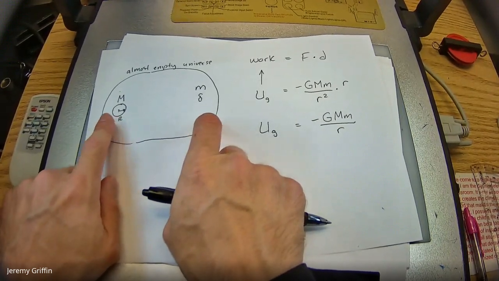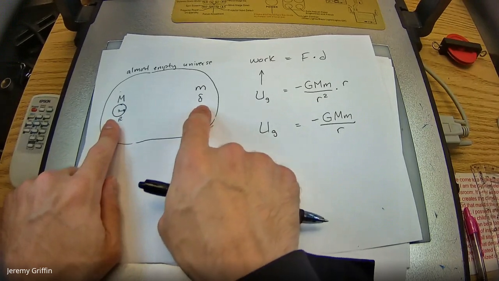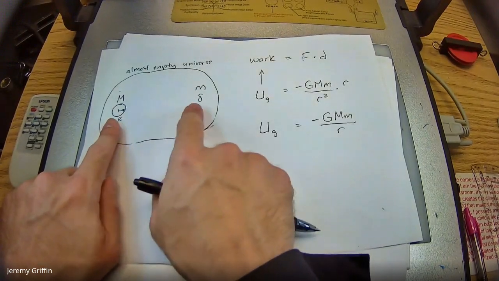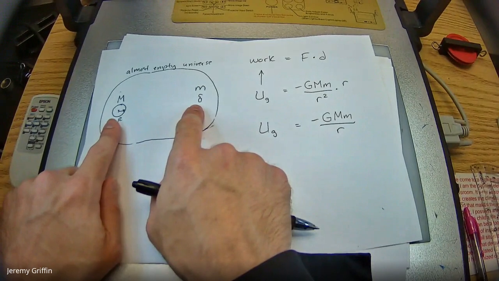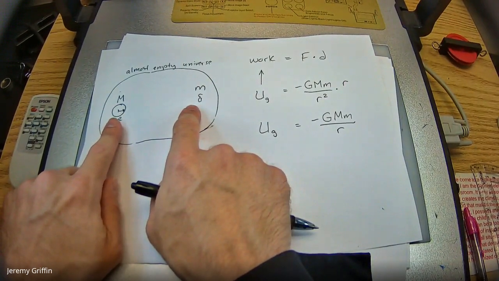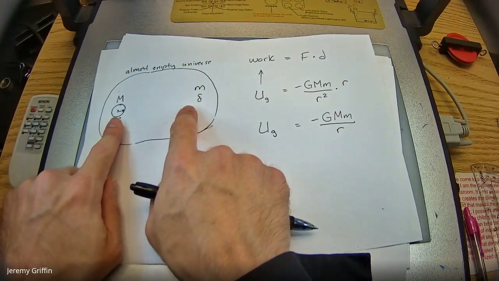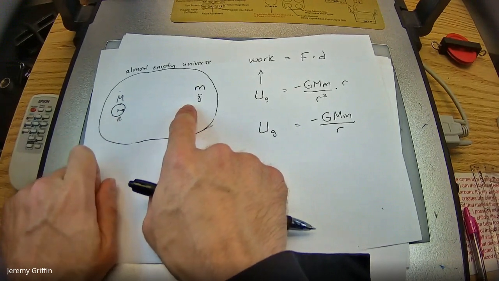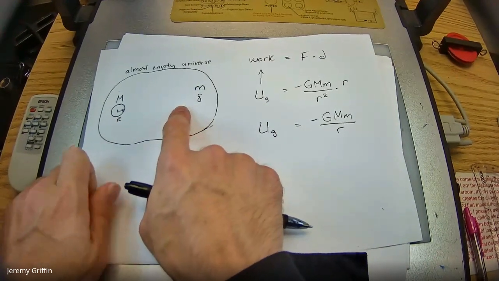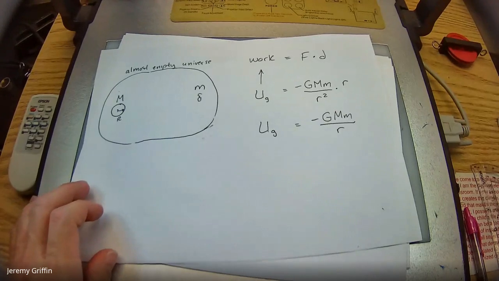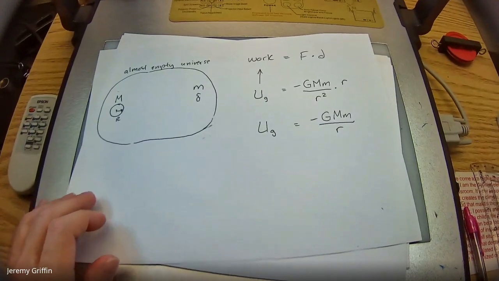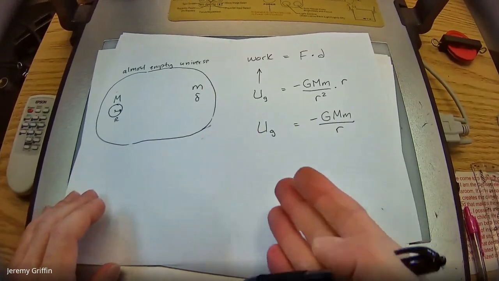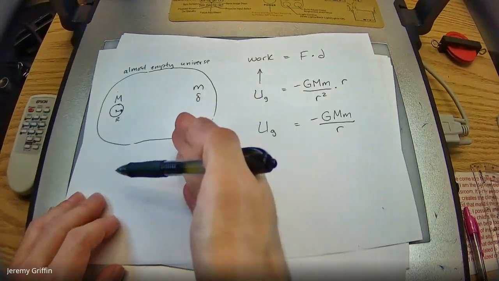Well, the planet's not going to move that far, but the lab mass is going to move across the universe. Then, as they're moving towards each other, aren't they gaining kinetic energy, especially the lab mass? It's like picking up kinetic energy falling from the edge of space. But hold on a minute. I told you guys that energy was conserved. So if it started with 0 joules of energy in the system, then it's gaining kinetic energy from that. Where's that energy coming from?